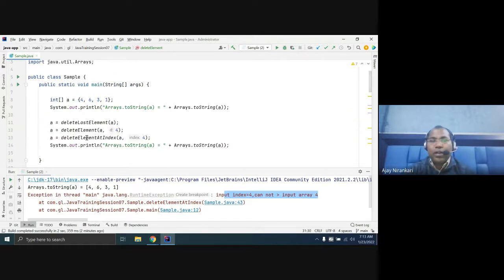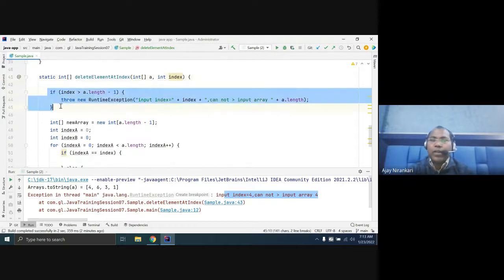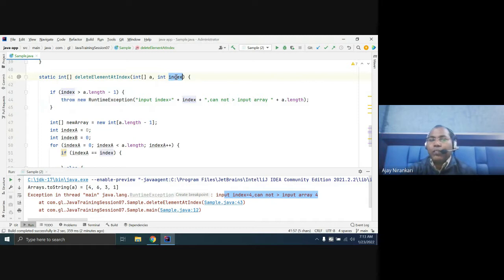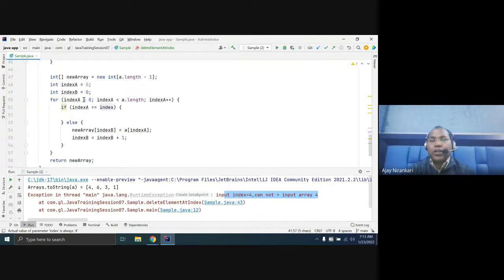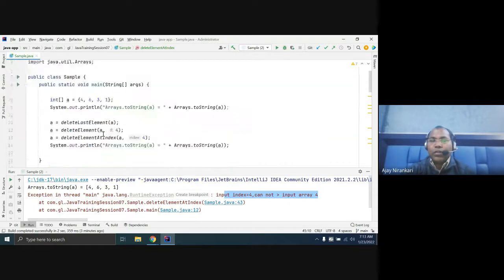In the third example, we check the index. Whatever index we are passing, first we have to validate the index. Is the index correct or not? In this way, you can do it. So you try by yourself to write this code.